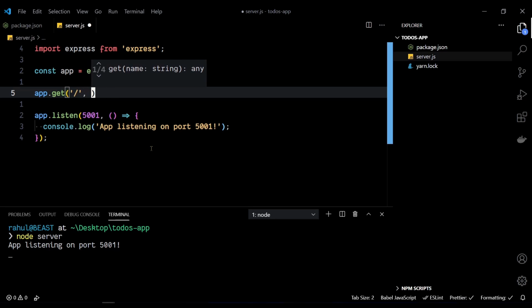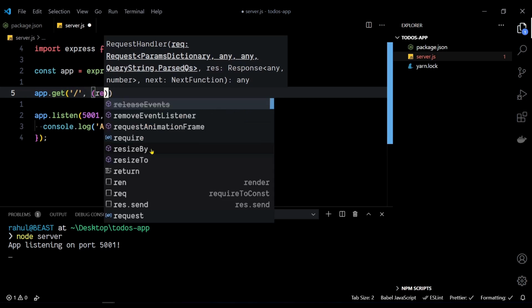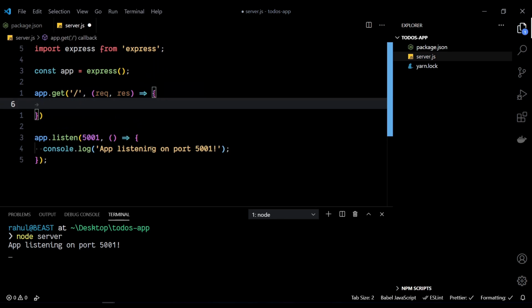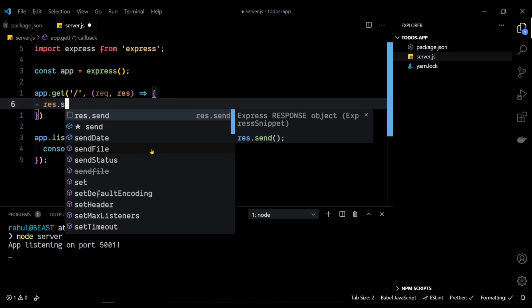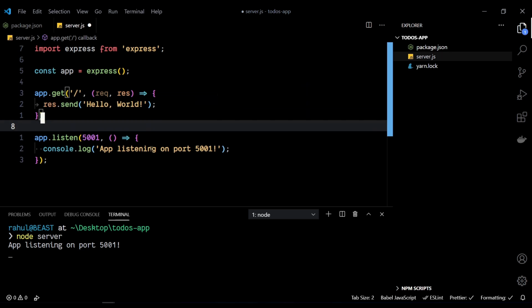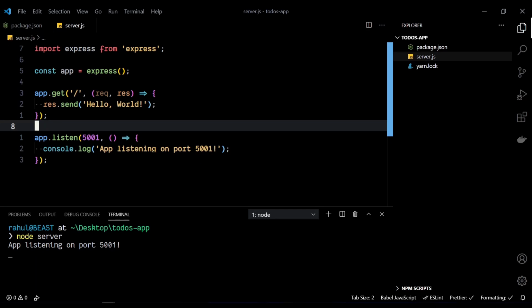Slash means just nothing after our port number. Okay, so the IP address, colon, and then we have our port number, 5011. So I'll be listening to slash, and it will have a callback function too, which will take the request and response objects. So what are these request and response objects? As of now, let me send hello world,